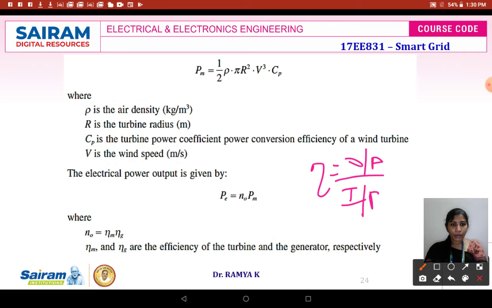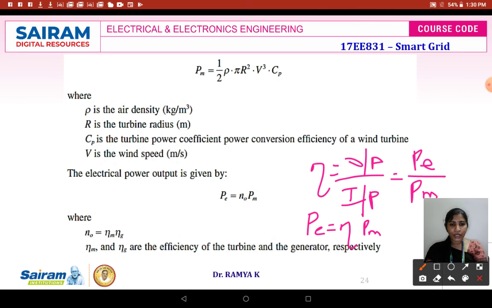Here the output power is going to be your electrical power and input is going to be your mechanical power, and this mechanical power is given to the generator depending upon whether it is small scale or large scale. And from here your electrical power can be developed. P is equal to efficiency into Pm. Efficiency, you can maintain it.